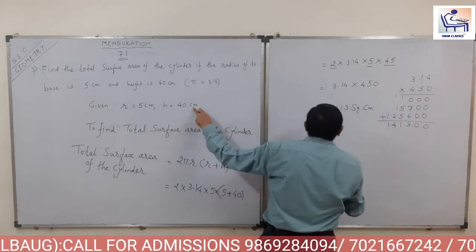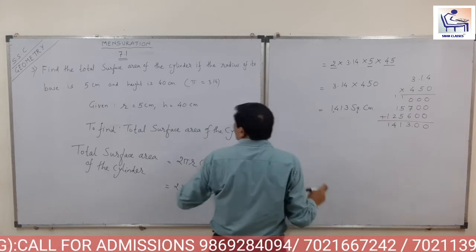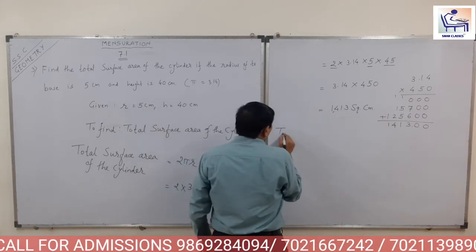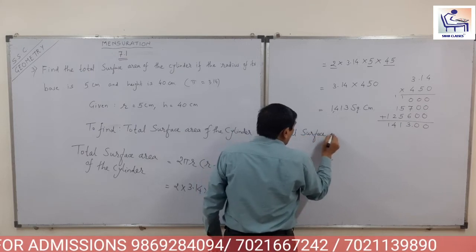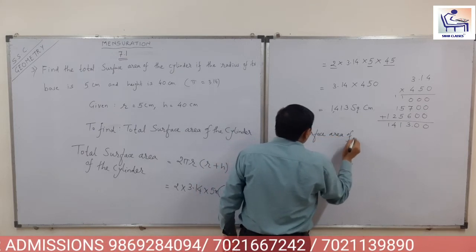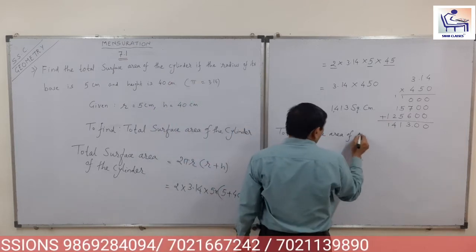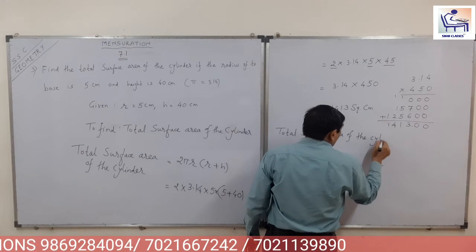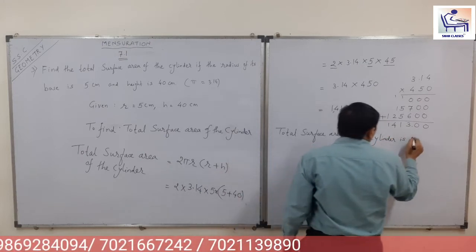So square centimeter. This is 1413 square centimeter. So final answer is total surface area of the cylinder is